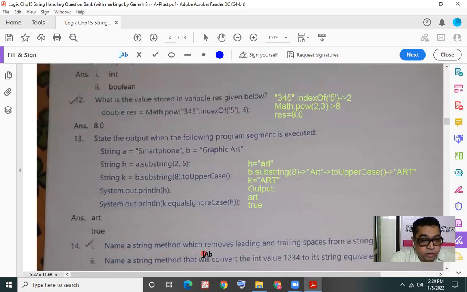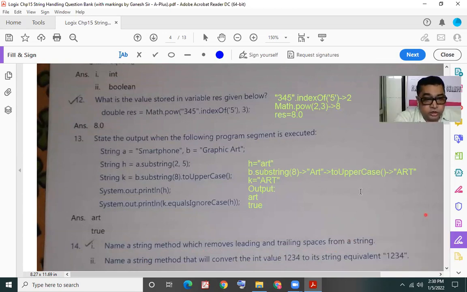Name a string method that will convert the int value 1234 to its string equivalent. That means the method which will convert this integer value into a string. Okay, the method is the valueOf method. We would write the argument in brackets, 1234, and the result we'll obtain from this method would be a string containing the characters 1, 2, 3, and 4.